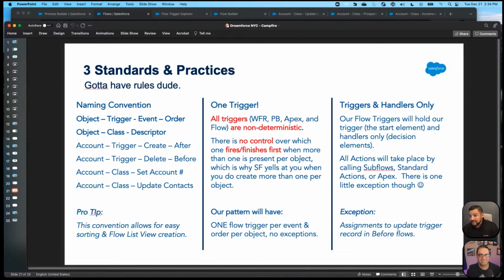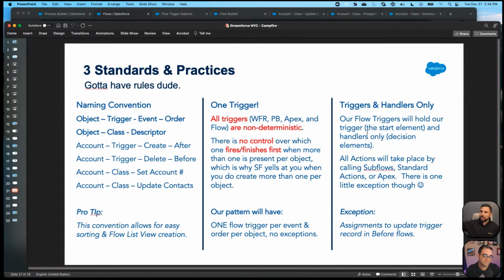And so this will help solve that. And then this other side, triggers and handlers only. Our flow triggers will hold our trigger, the start element, and our handlers are decision elements only. We're not going to do the action inside of our trigger. Why? Because if you ever look at what a flow looks like as it grows over time, imagine your Process Builder that has 10 criteria diamonds.